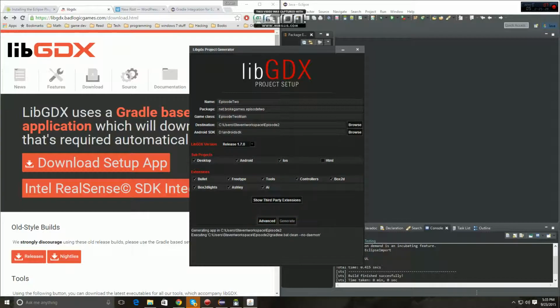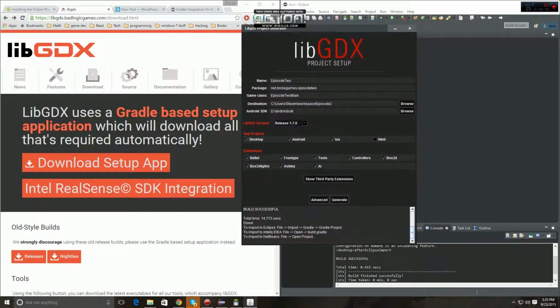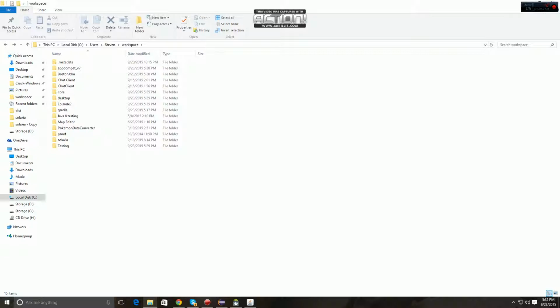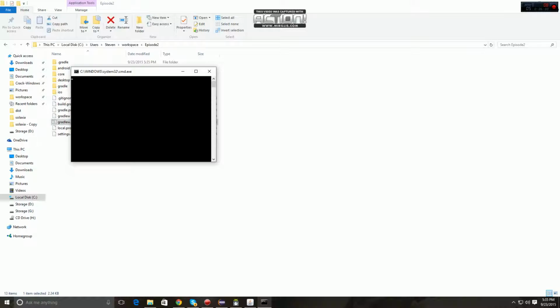Okay, it's executing. It's installing. Configuring. Okay, and it will even tell you how to import it. So what we're going to do is go to the folder episode 2. I'm going to launch gradlew.bat. Okay, give it a moment to run,